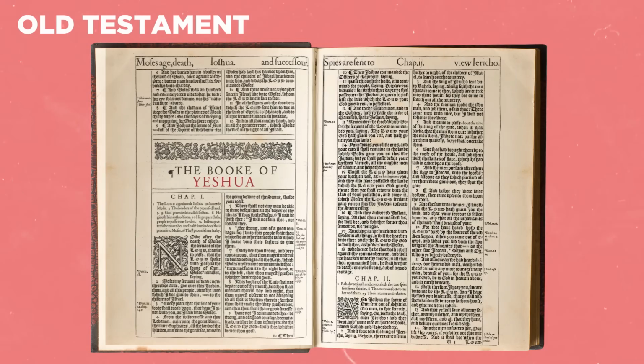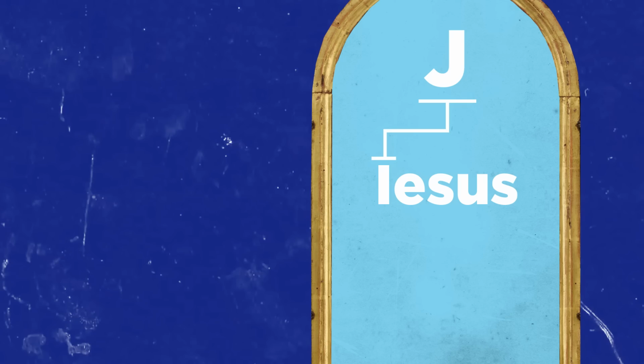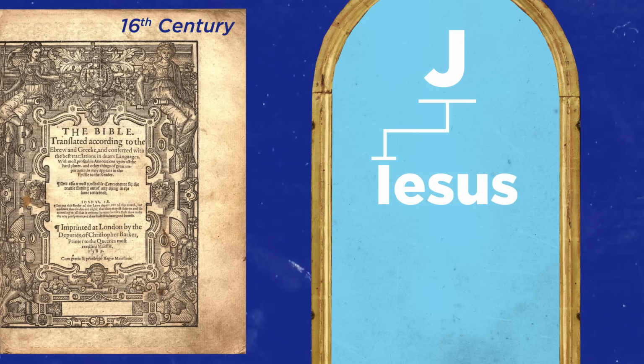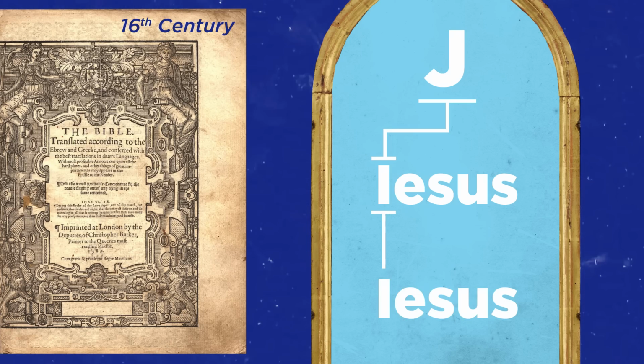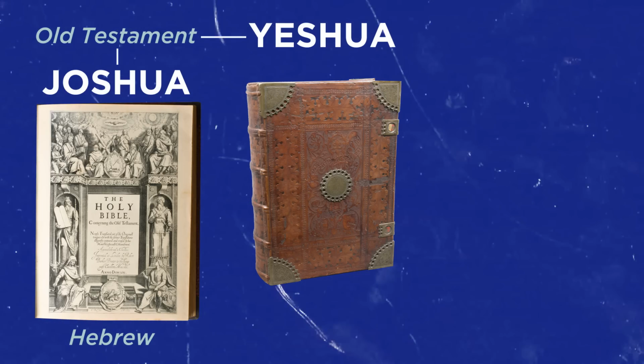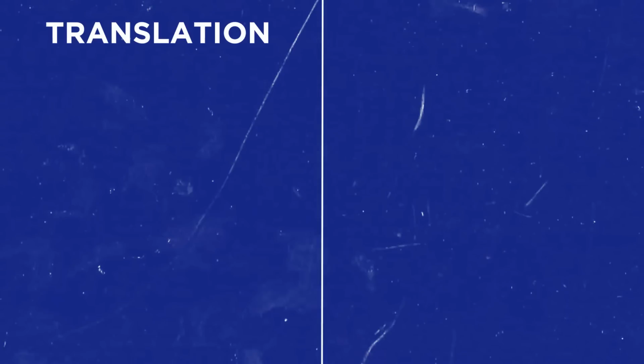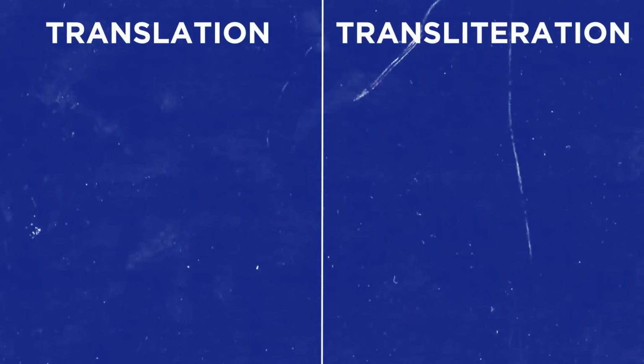But even though there were other men with the first name Yeshua in the Bible in the Old Testament, and also men with the same name who were contemporaries of Jesus, their names were written in Hebrew and thus stuck closer to the Joshua translation once their names were converted into English. But it took a while for the J sound to be placed in front of Jesus. It wasn't until 16th century English translations of the Bible that Jesus was spelled as Jesus. So the men named Yeshua in the Old Testament became Joshuas, and the Yeshua of the New Testament was transliterated to Jesus. And the distinction of translation versus transliteration here is key.